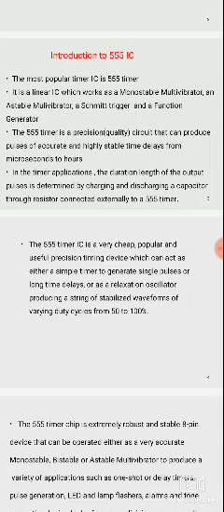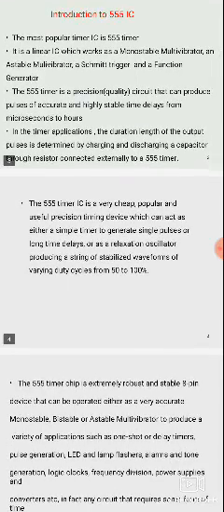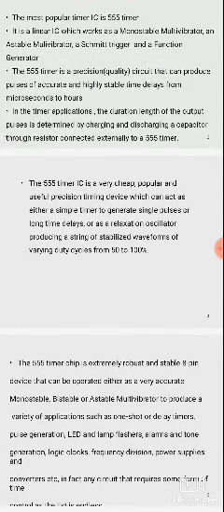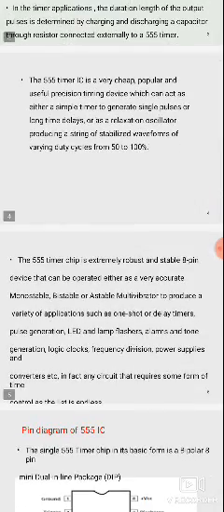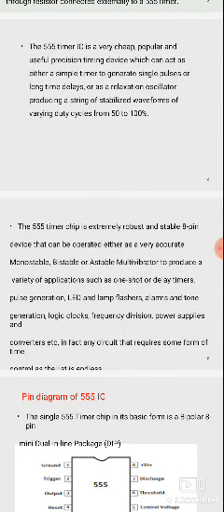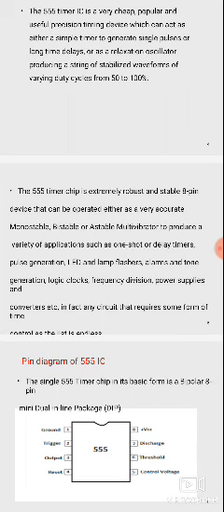It will be used for generation of pulses, and it is a very cheap circuit, generating duty cycles from 50% to 100%. Next, it will be used in LEDs, alarms, tone applications, clock generators, logic clocks, frequency divisions, power supplies, and it is also available as monostable multivibrator, astable multivibrator, Schmitt trigger, function generator, relaxation oscillators.